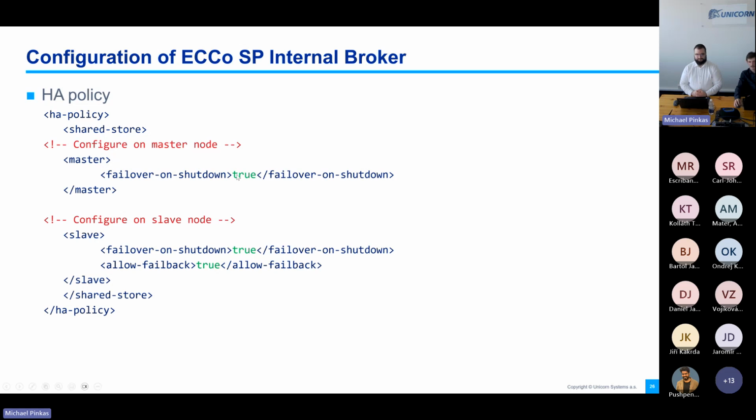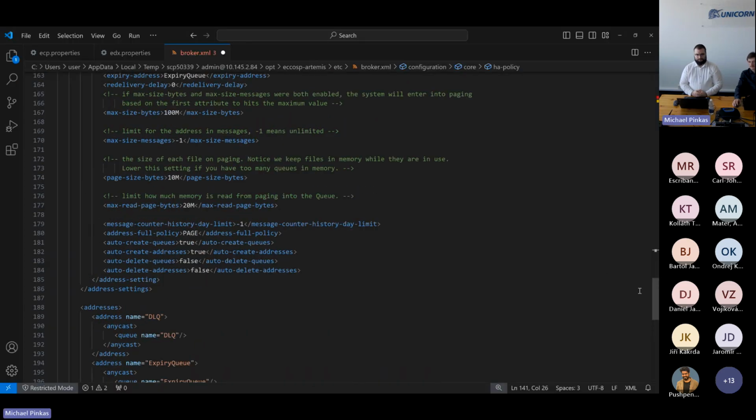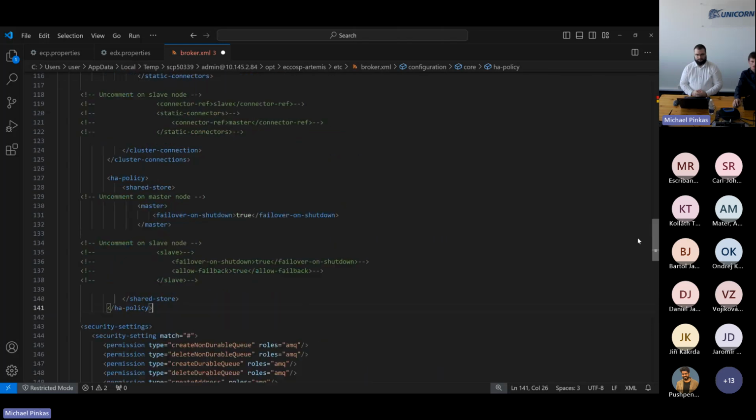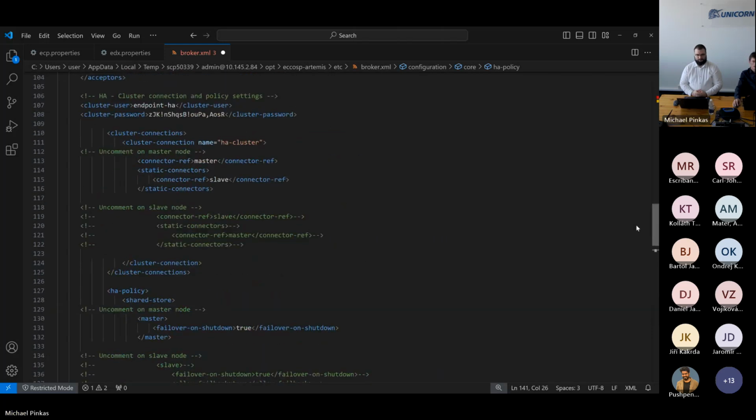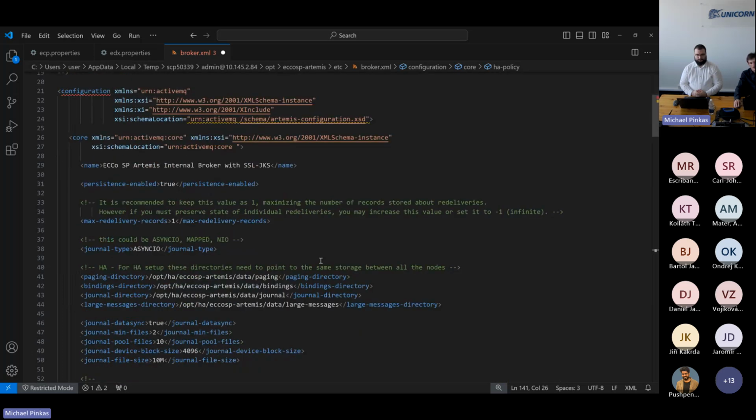This is the same behavior as on ActiveMQ Classic. So yeah, but first let's get back to the internal broker configuration,